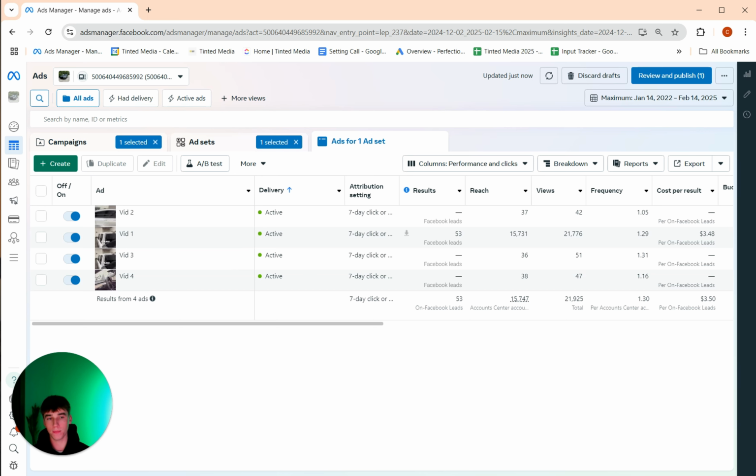Then present a solution. Then present your offer. And finally, call them to action. Tell them the next steps that you want them to take. So, for example, if we were doing a window tint campaign, which is exactly what this is, we could present